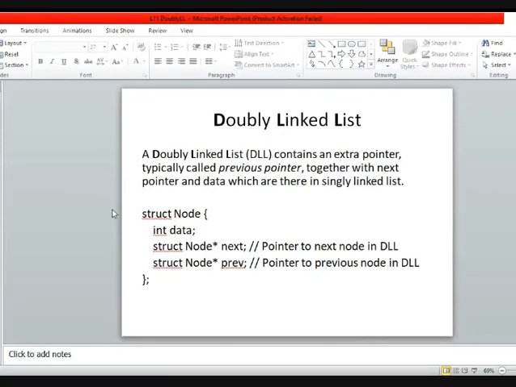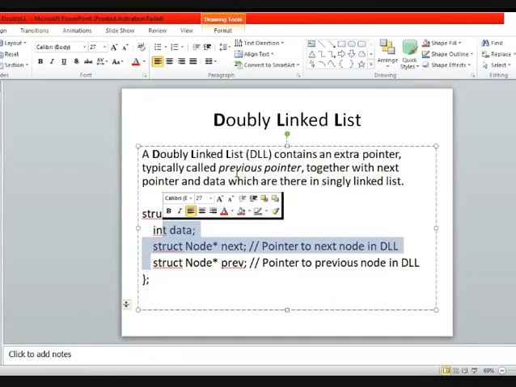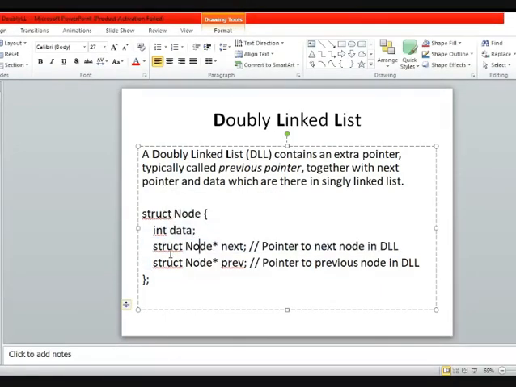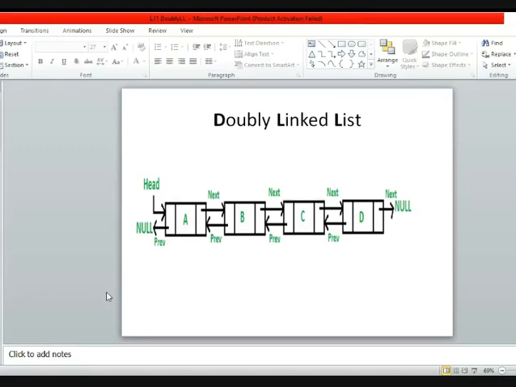Okay, class. So the structure for the doubly linked list will differ from the singly linked list. So here is the structure given to you. When we define the structure for a single node, we need to use three things here. One is the data value for that particular node. Another is a pointer for the next node, and another is a pointer for the previous node. So here you can see three fields: data, next, and previous. Once you are using the doubly linked list, you need to give the structure in this way for a particular node. And here you can see the example also.